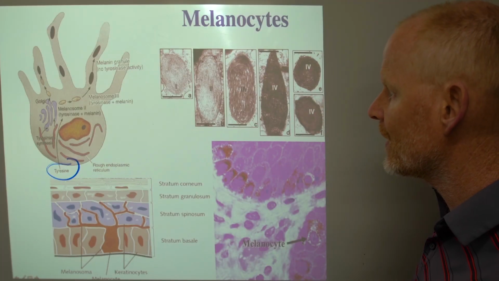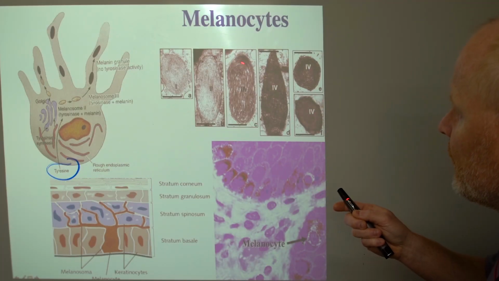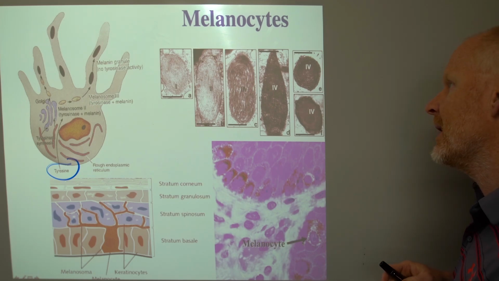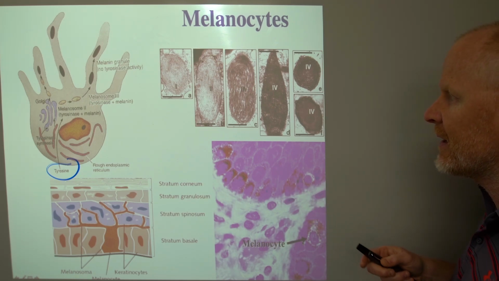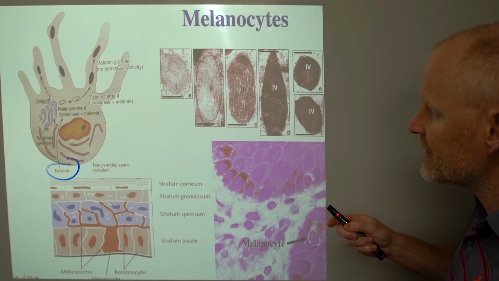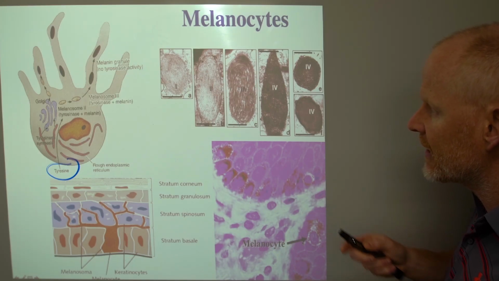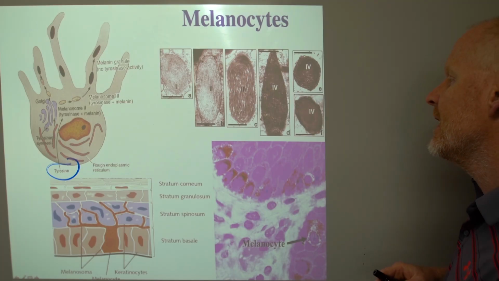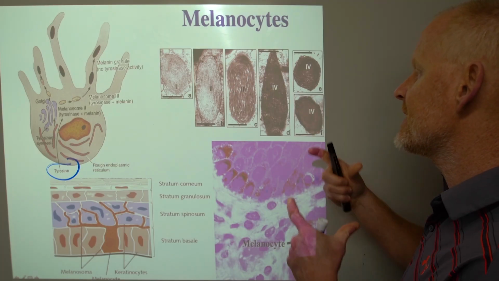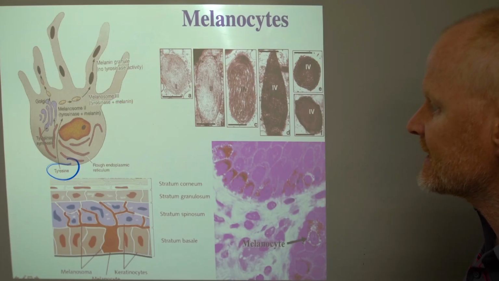So that's kind of how it works. These are our 4 different looking melanosomes. Here's a stage 1 melanosome where you don't have much darkening and not much melanin being produced. Stage 2, you can see the protein fibers or matrix that are laid down. And then the melanin accumulates on top of those protein fibers that are inside of the melanosome as tyrosinase